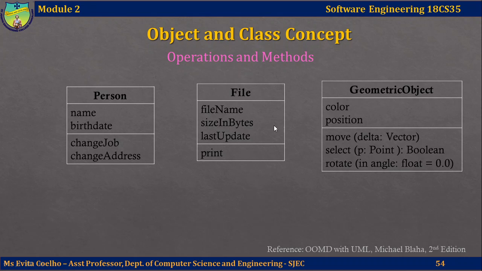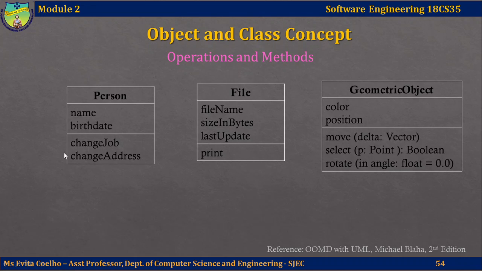There are 3 class diagrams here. I have not created object diagrams because you do not have to list operations in the object diagrams. Let's start with the class person. In the first compartment, you write the class name, that is person. Make a note of the styling: boldface, center of the box. In the second compartment, you have attributes. We have listed just 2 attributes or properties for every object that will be created using the person class template. Let me remind you that you could have an exhaustive list of attributes, but for simplicity, I have named just 2, that is name and birth date.